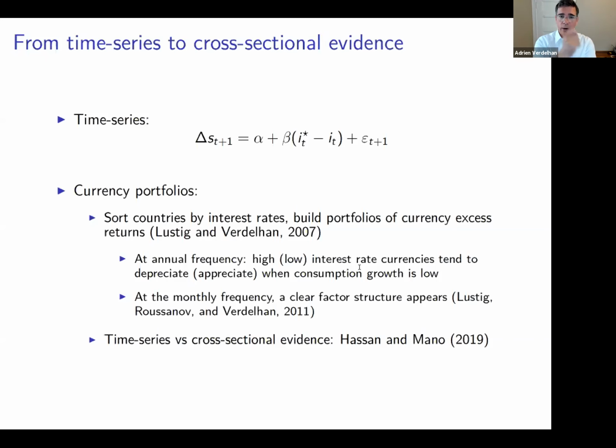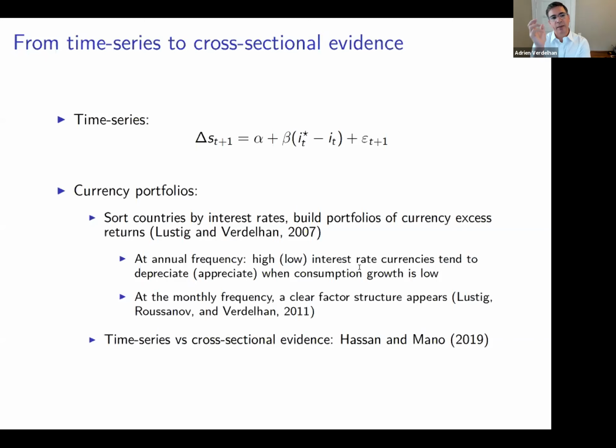Now, instead of doing it one country at a time over a time series, we're going to do it in a cross-section by building portfolios of currency excess returns, the same way, if you want, Fama and French have done it for equity returns, right? So the first time we did it, we worked at the annual frequency, and we had in mind a very classic macro finance framework where what matters somehow is consumption growth. And in bad times, if an asset is risky, you lose money, right? And maybe we can measure bad times with consumption growth. So we tried that. I'm going to show you that first.